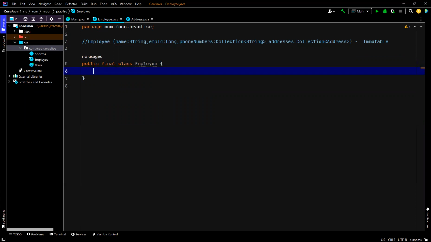Private and final, why? Because once we assign the value, it should not be changed. Okay, so I'm taking private long empId, and it should be adjusted to final. Okay, now